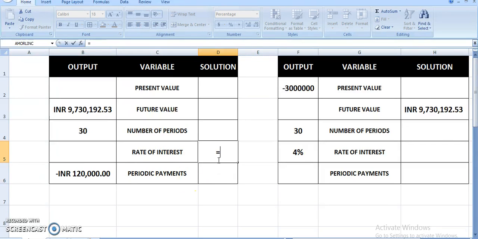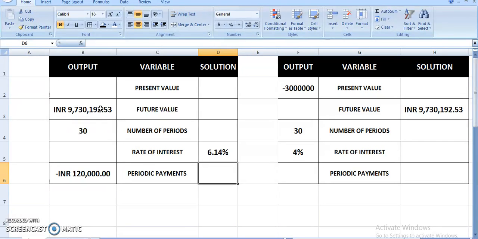So my rate of interest can be given by a function, rate: the number of periods, the periodic payments, the present value. I'm not investing any lump sum amount in the beginning, and the future value. Do that, it comes up to 6.14%. I should invest my money at 6.14%